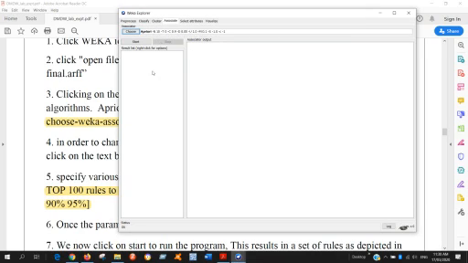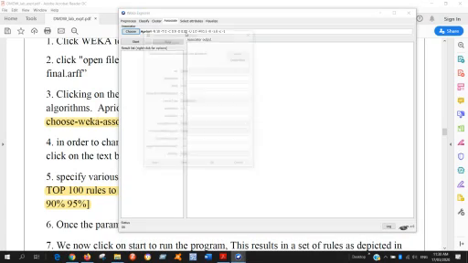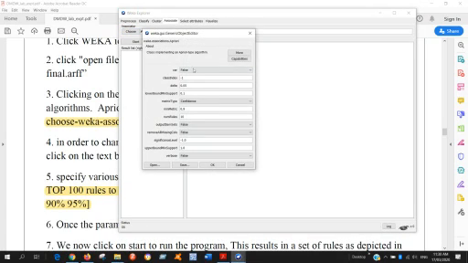In the question I told you that you want to change some parameters, right? To change the parameters, click in this white box. Here, first, what we want to change is num rules. By default it is 10. Now I am giving 25 rules.